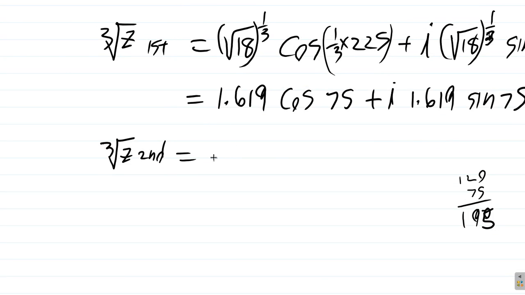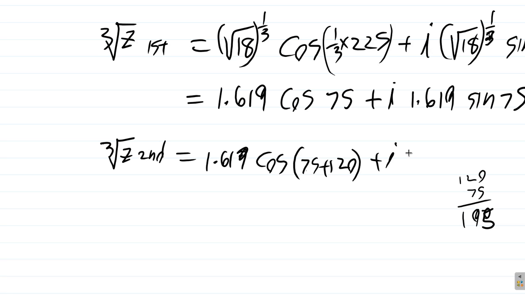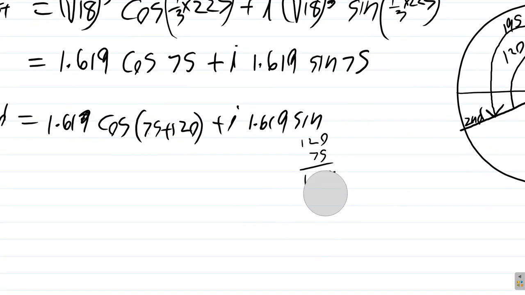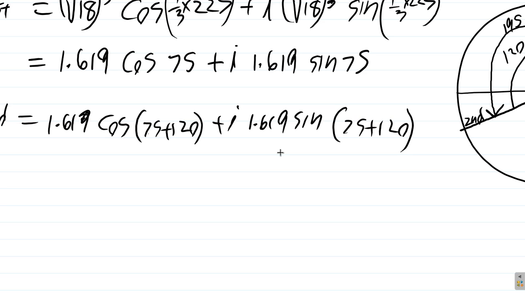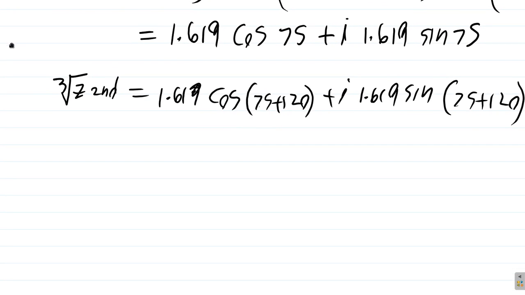So the second cube root would be 1.619 cos(75 + 120) + i 1.619 sin(75 + 120),